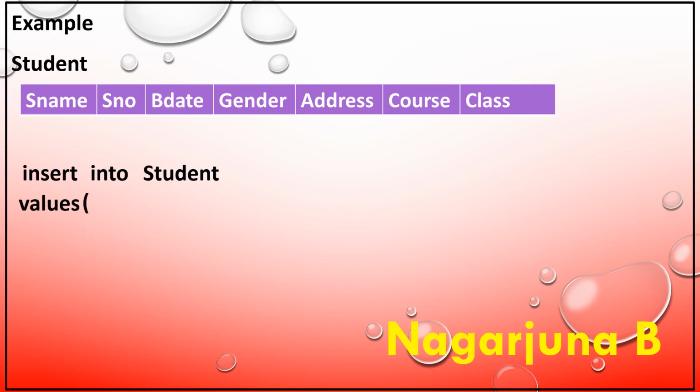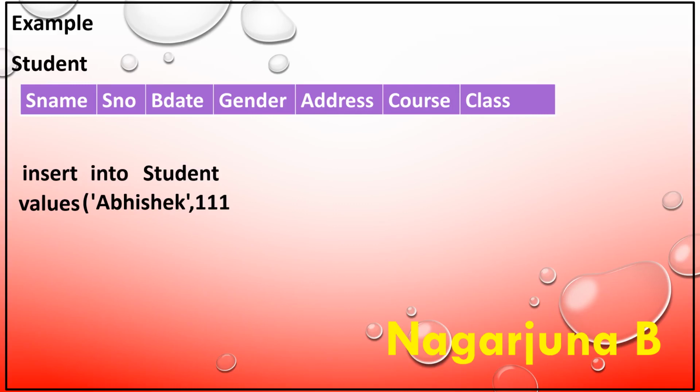The first value, this is the first literal value for the first attribute. The first attribute is sname, and it has to be written within a single quote. So within a single quote, I will give the value as Abhishek. Then the next attribute is SNO. I am considering it as a number, and here it need not be written in a single quote. While giving numerical values, it can be given directly, whereas while giving values other than numerical values, you have to give them within single quotes. So here you can write, comma 111. So it is the student number.